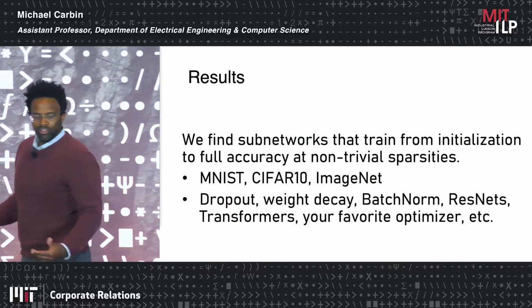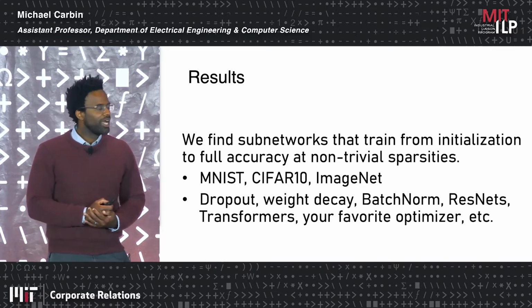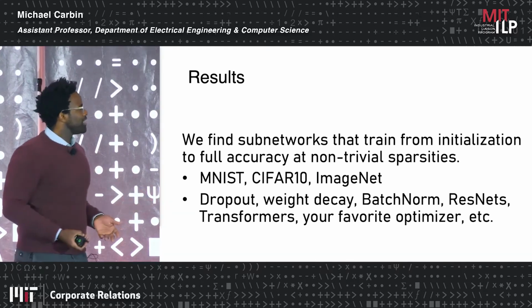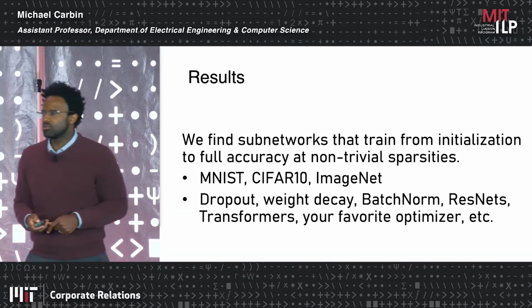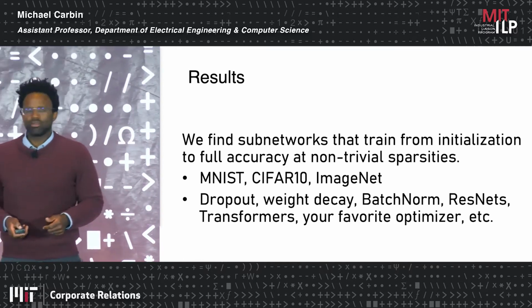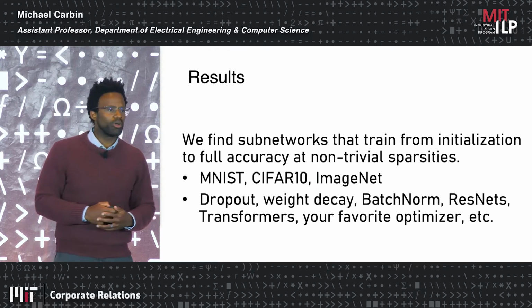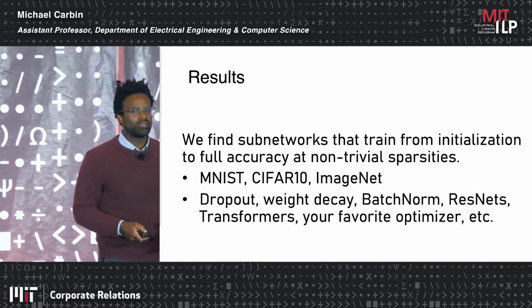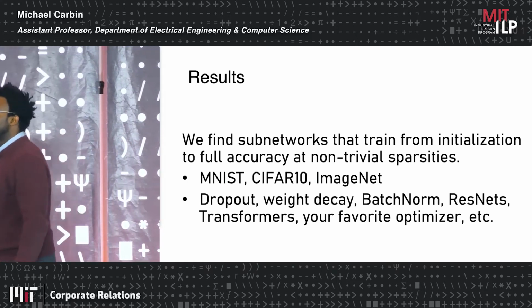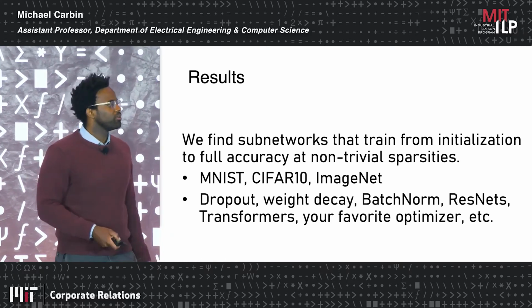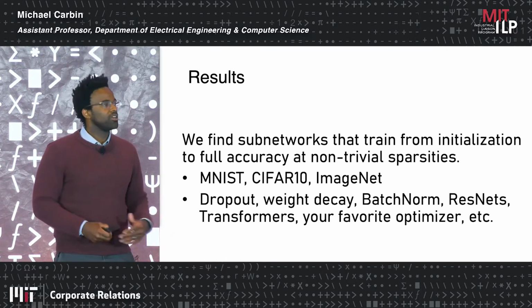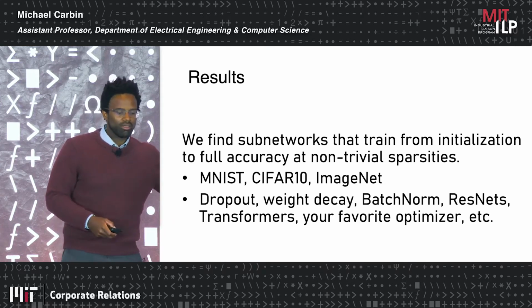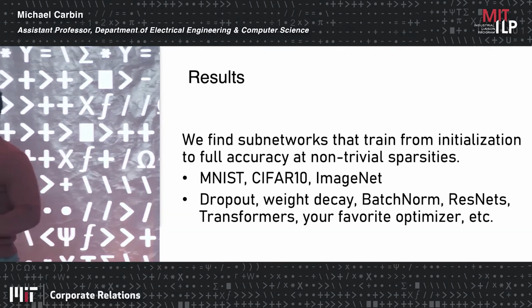And as a summary, what we find here are subnetworks that train from initialization to full accuracy at non-trivial sparsities. Some of these names may mean things to you, or maybe they do not, but they are various different computer vision benchmarks. We've also now more recently looked at opportunities in NLP. There are other people in the community who have built upon our results and demonstrated this for various reinforcement learning tasks. So our observations here have been embraced quite broadly, and other people are now exploring this in many different domains. But even within our own work, we've robustly tested the hypothesis on not only a number of different model architectures, but even various different ways of training these networks, using all the fancy optimization techniques that you can see that are out there.